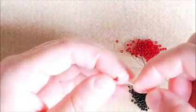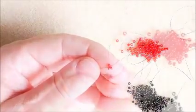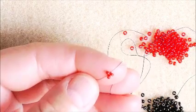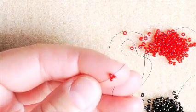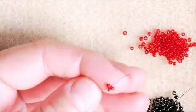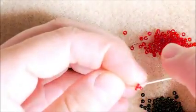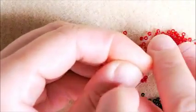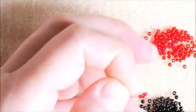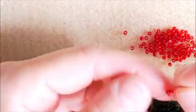So we start with a base circle. We start with a circle of 3 seed beads. In this case I'm using the 11 O's, not the delicas, and I hope we will have an interesting shape using these seed beads as well. And then we go through the next seed bead after the knot,